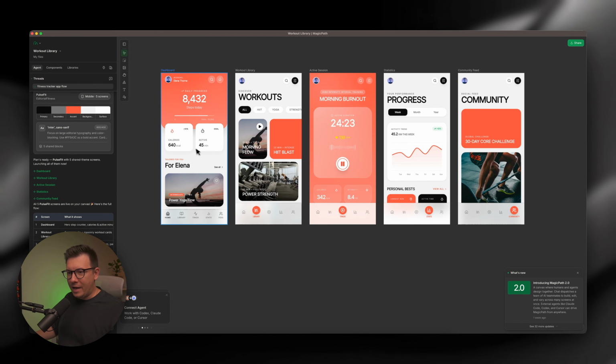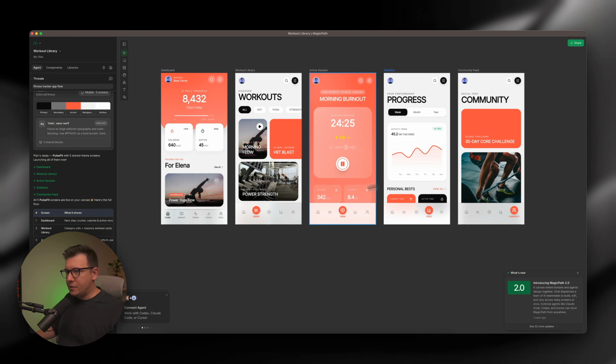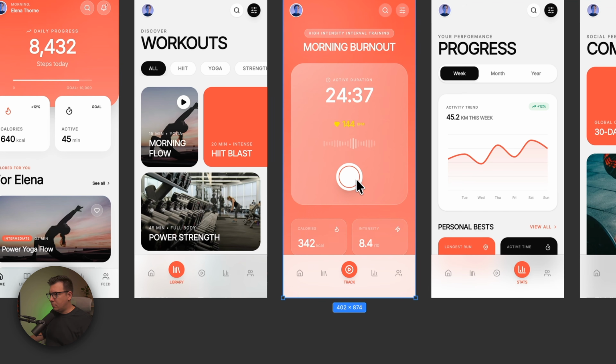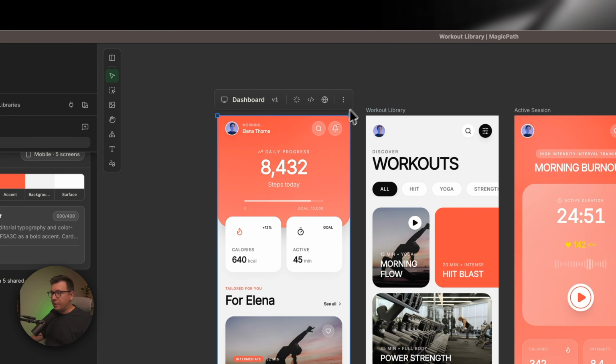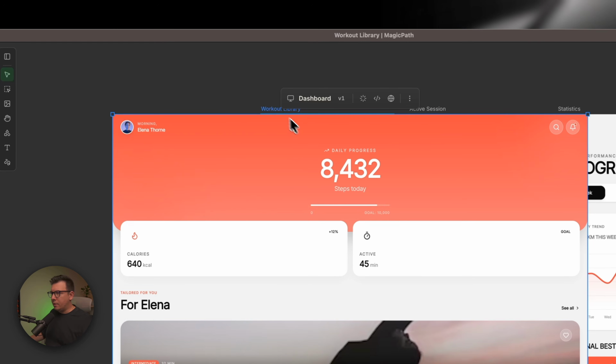So now we can see that everything is ready. We have 5 key screens, and what's cool about MagicPath is that everything is live, so it's not a static image layout. This is the live working app, so we can work with it. We can click, pause. This is actually like music going on, I guess, right? We can go to home screen, library. So the bottom nav bar is working, and actually it is a mobile app, so yeah, we can switch to